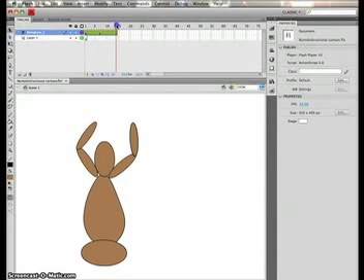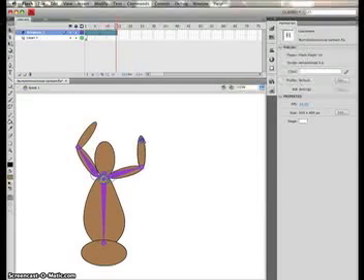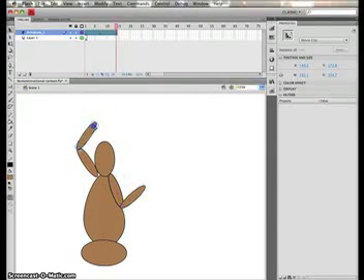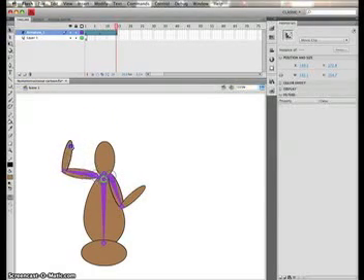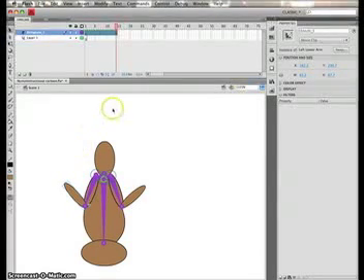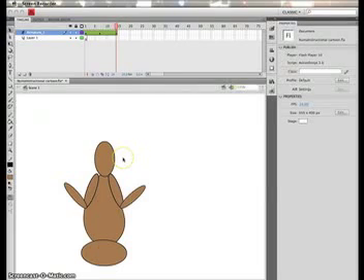Okay? Now, make sure it's on the 14th frame, and we're going to do the opposite of what we just did. Grab the end of his arm, and we're going to move his arm back down to his body and keep it at that 45-degree angle like we had for the first frame for both arms. Click, hold, and drag. And release. Now please continue moving your character's arms every 7 frames up and down until you've reached the 100th